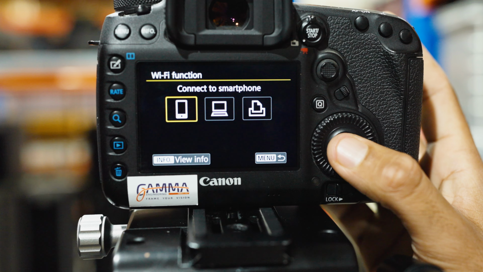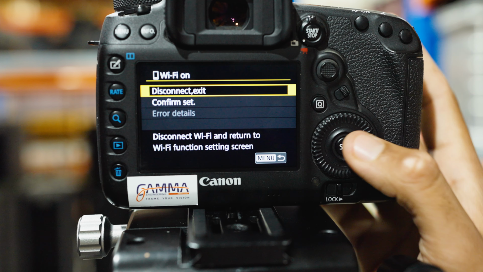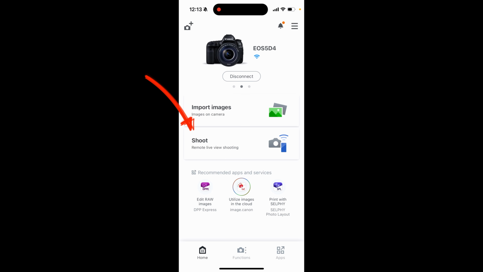And now I will do it again. So connect to smartphone, I will say connect and connect to device. And now it will show in your Wi-Fi settings on your phone and you can connect to it again. Now on my phone, I will click on shoot to first of all have the camera control and live preview